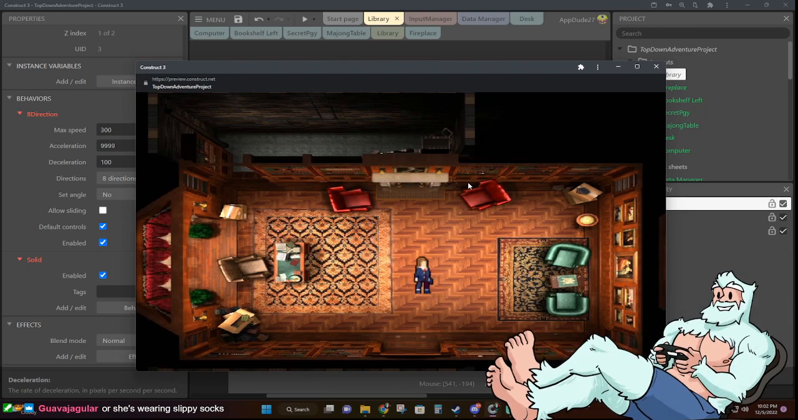It makes Nancy look like she's on slippery socks and she's sliding her way across the library. That's definitely not something we want for the game. So you want acceleration to be